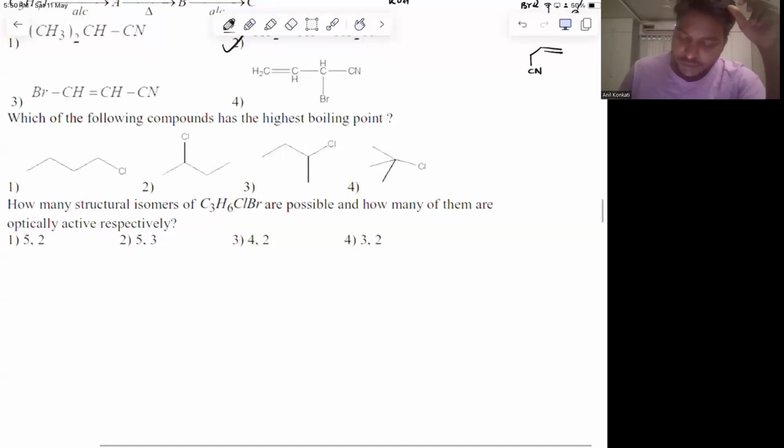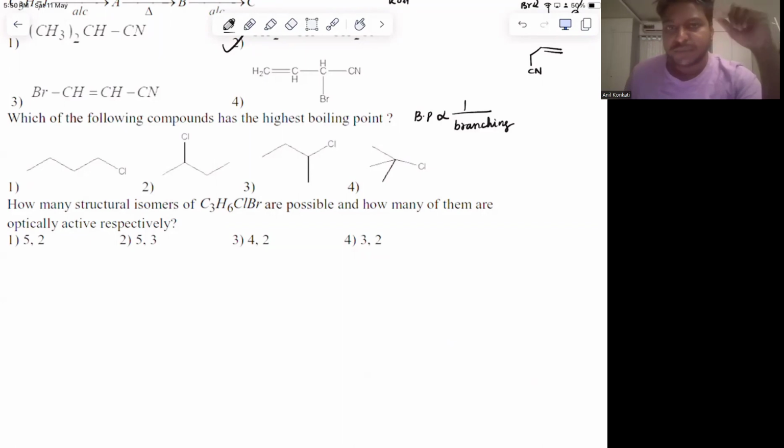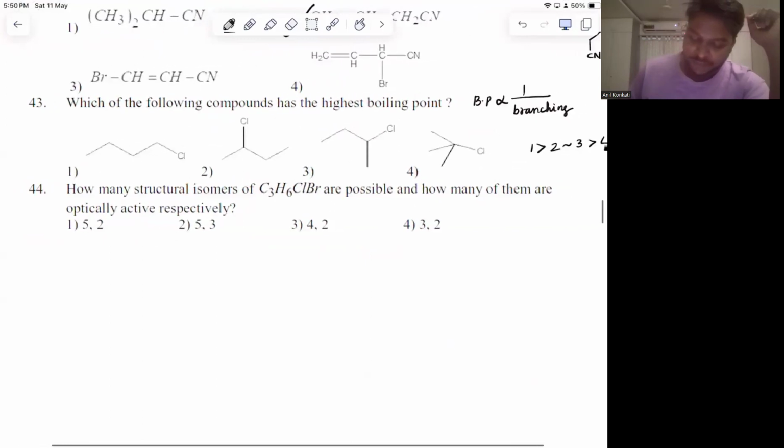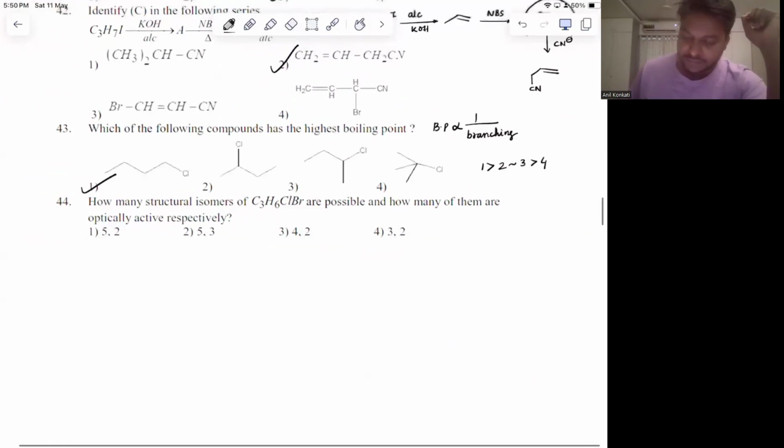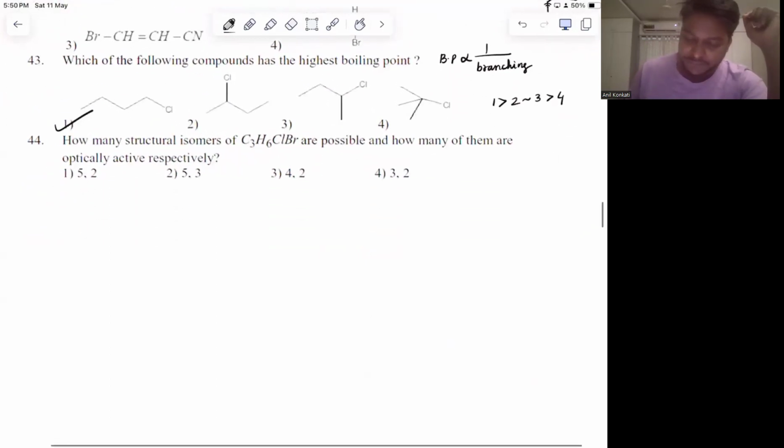43. Boiling point is inversely proportional to branching of chains. The more the branches, the lower the boiling point. Therefore, 1 will have more compared to 2, which is almost the same as 3 and greater than that of 4. So the highest boiling point will be for 1 because it has no branching. Next,